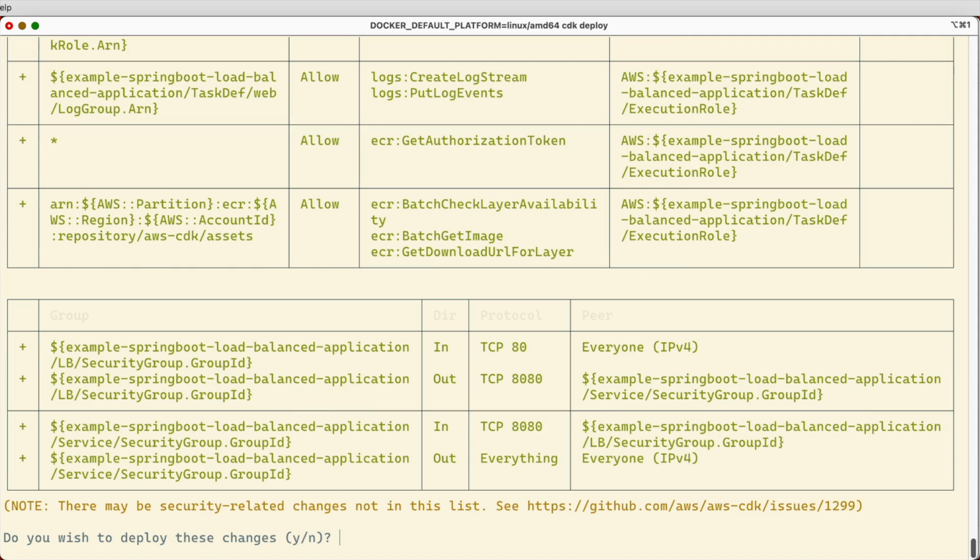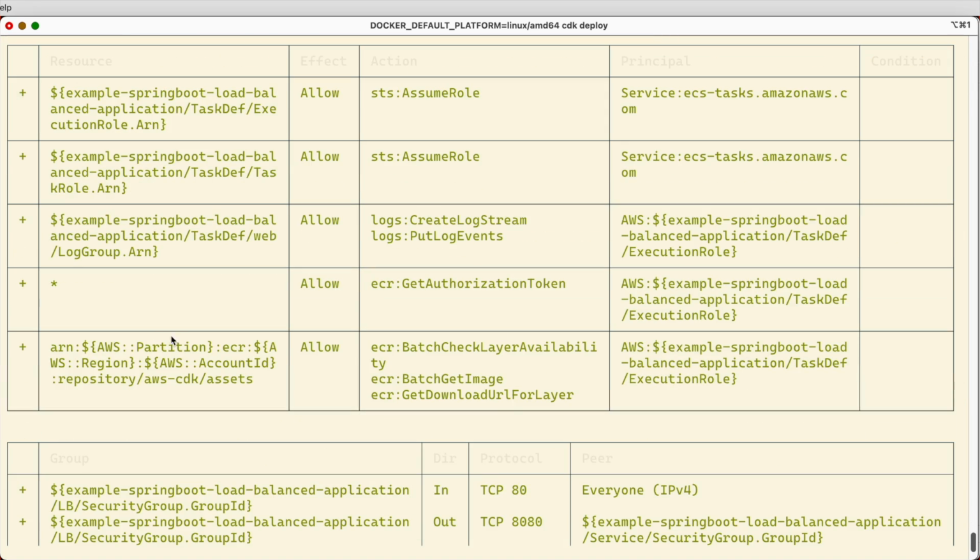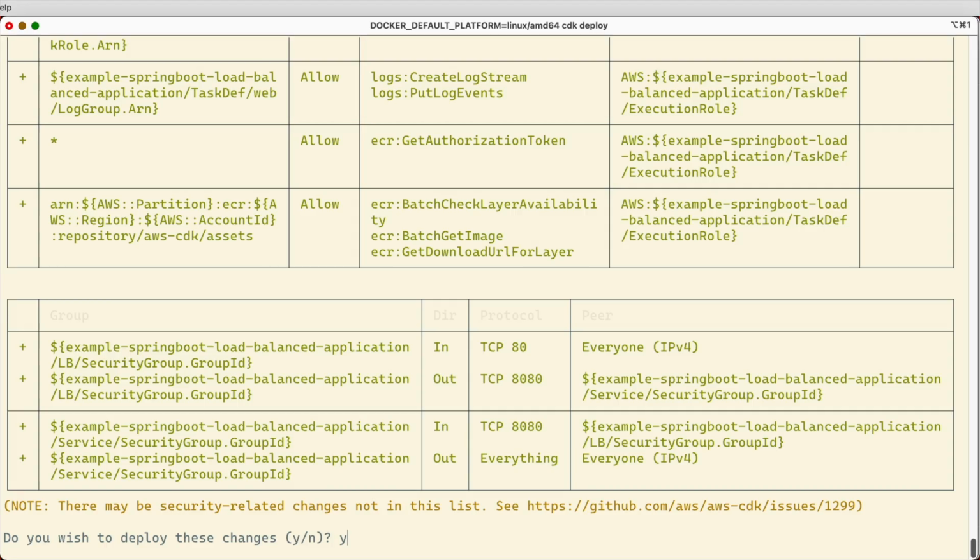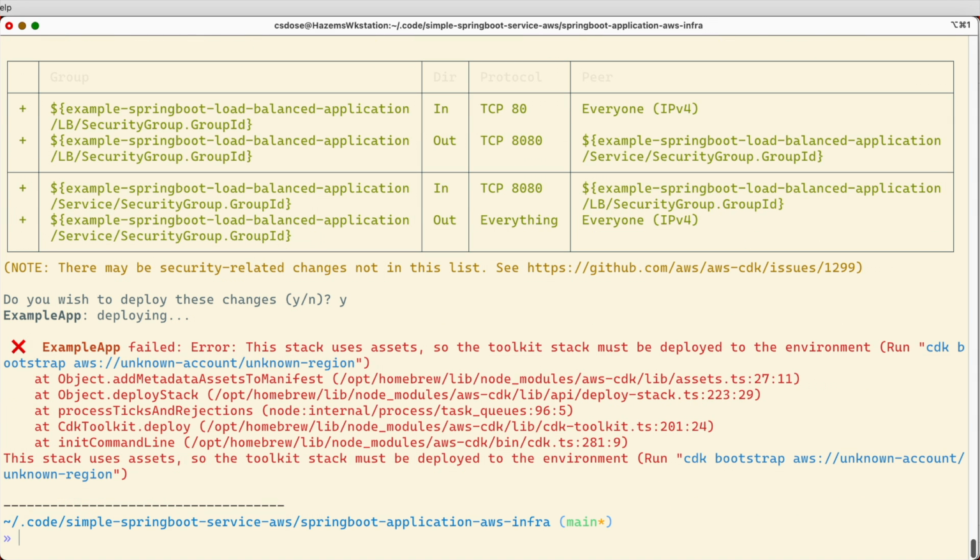That will generate a list of changes. So I'm going to say yes. Now it's failing because it needs a certain stack to be there. So if I go